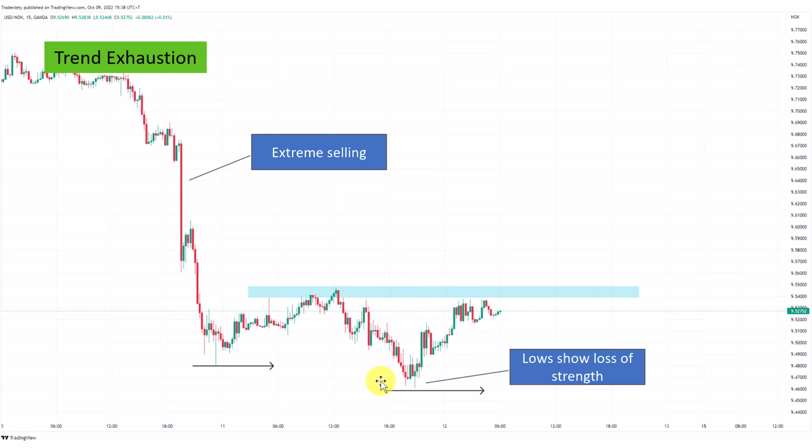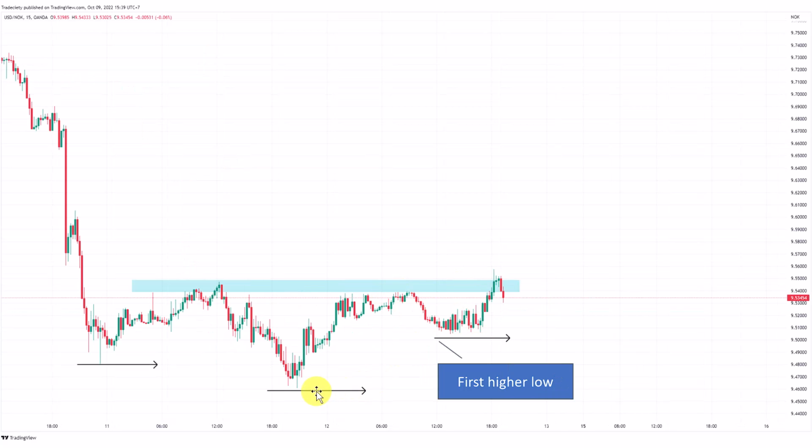So we would call this an accumulation pattern. When after a strong trending period, the market goes over into a prolonged sideways market, this is then becoming an accumulation pattern. What we see is that the market is making a higher low. This is the first higher low after this weak rejection here, and another bullish piece to the puzzle. We don't go long just yet, but we know that more and more bullish signals are stacking up here, and it might start turning